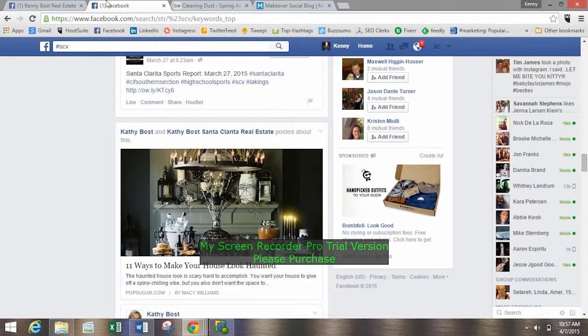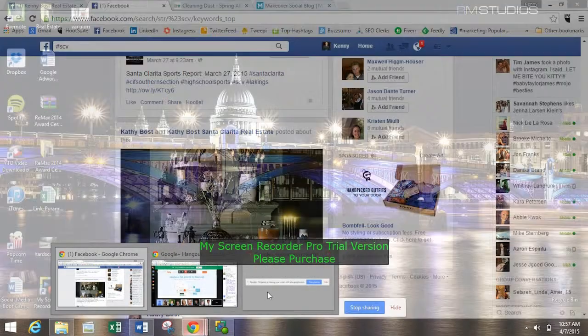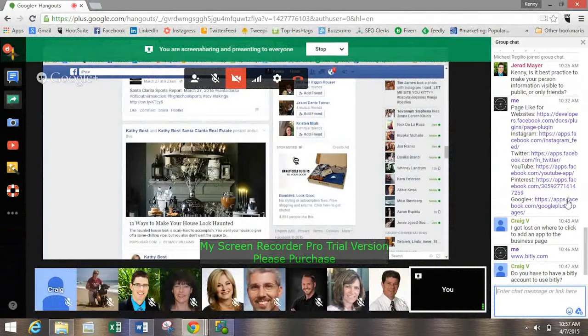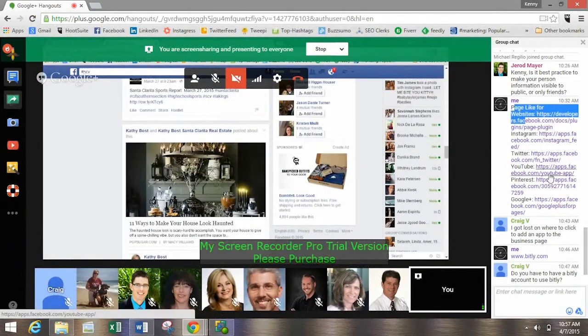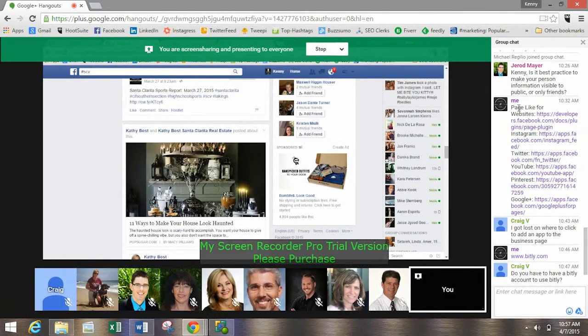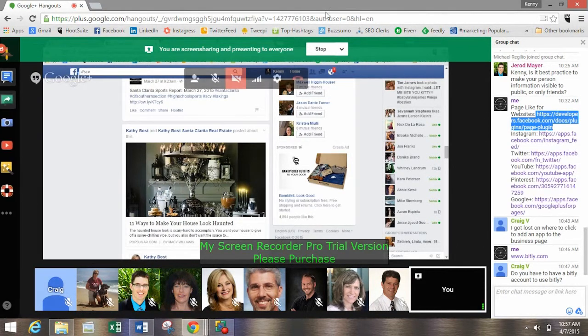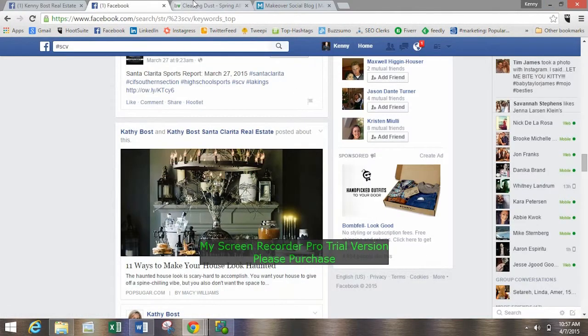And I've put a link into the chat as well, right on top of where I put all the apps. It's a page like for websites. So I'm going to copy that link and we'll go back over and take a look at that real quick.